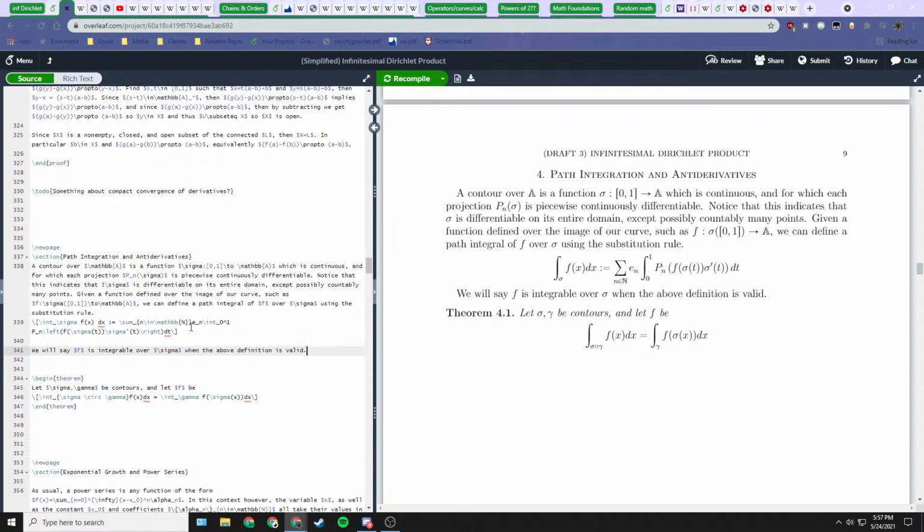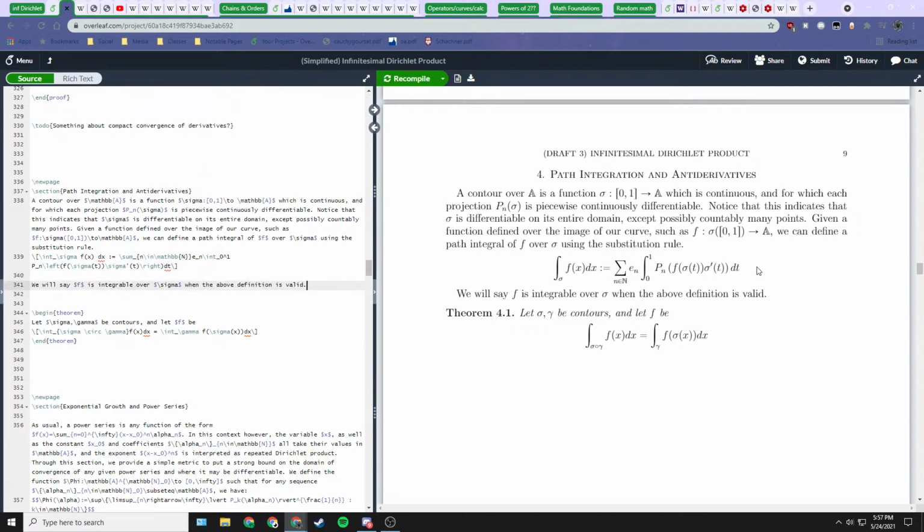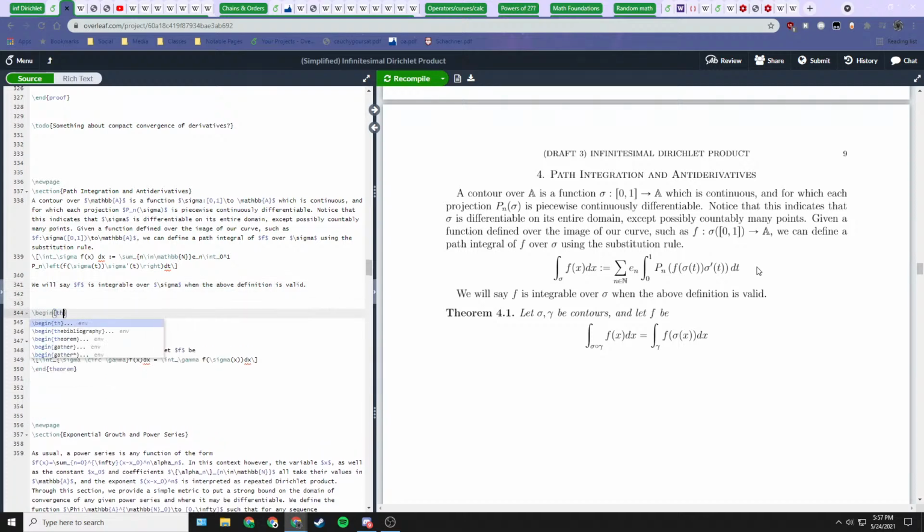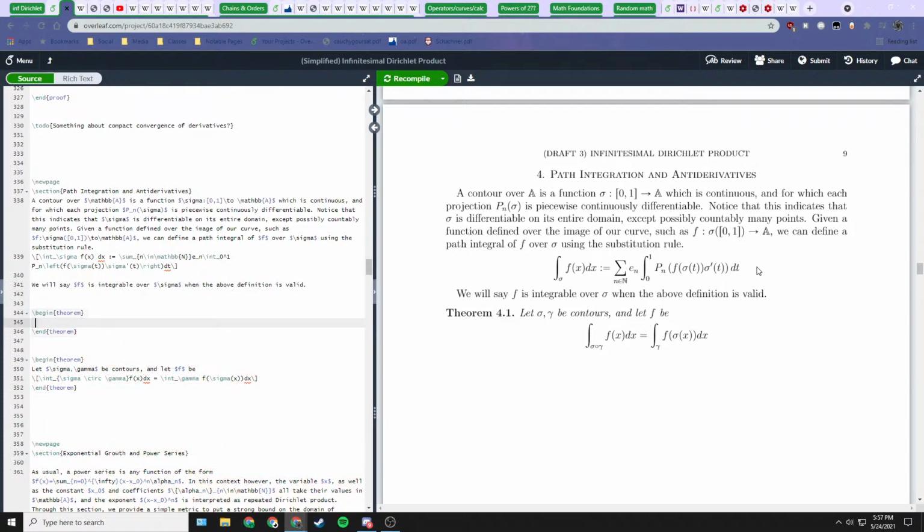So I want to say something along the lines of some definition of what it really means for a function to be integrable. Actually, maybe we should start with a theorem on that. Actually, let's say this. A function f is